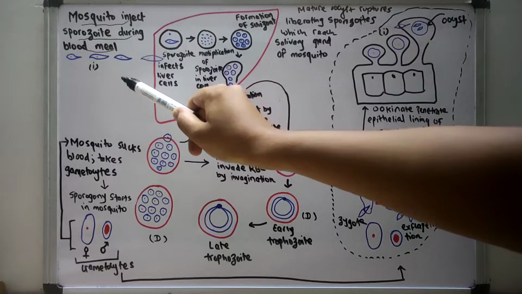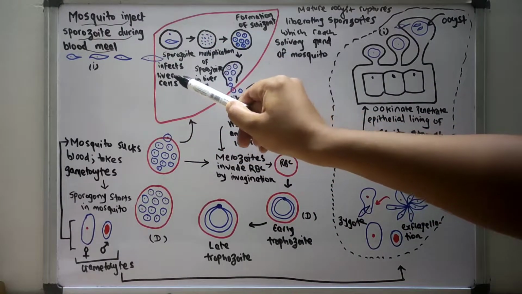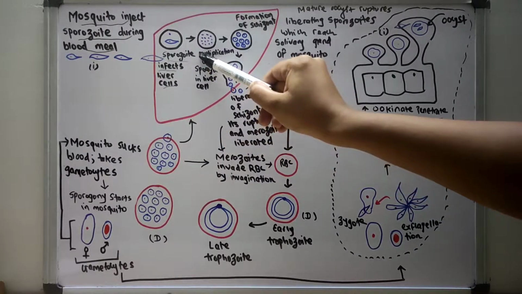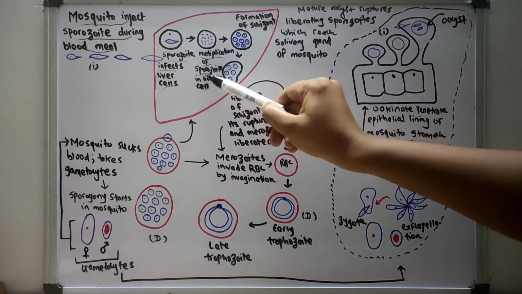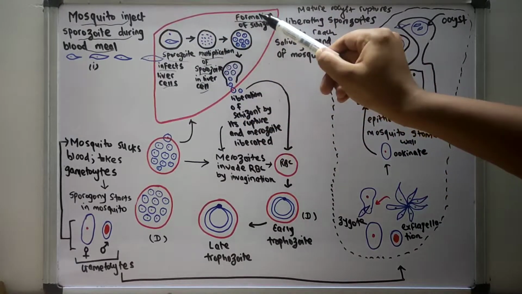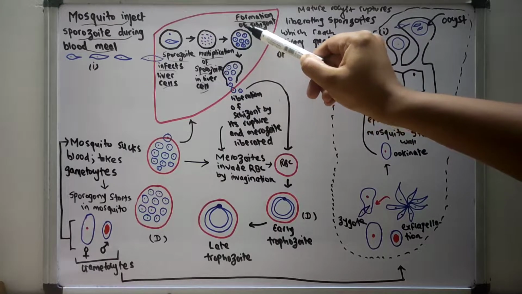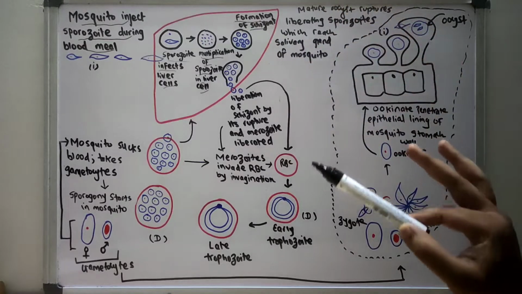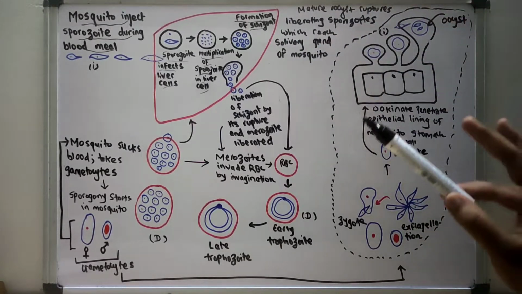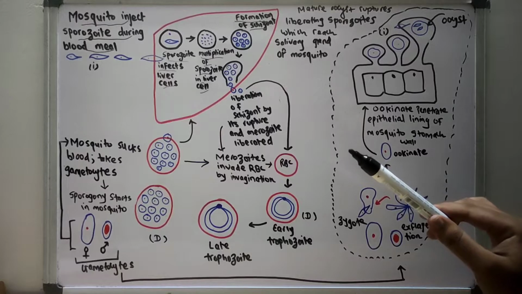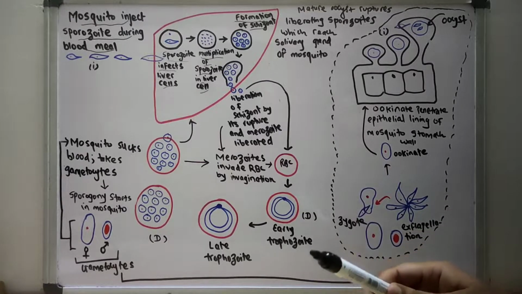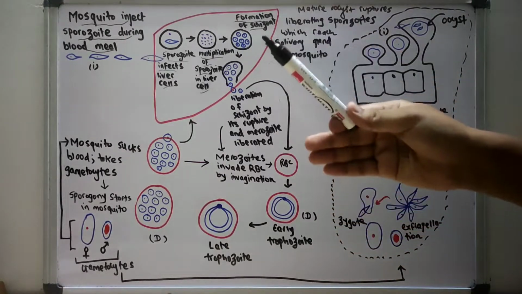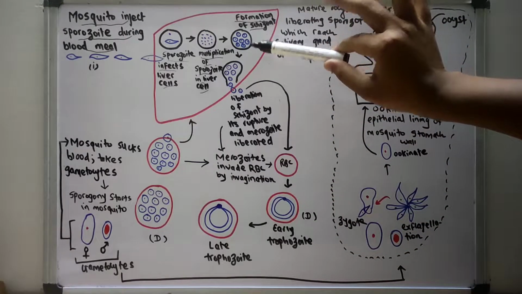So this sporozoite infects the liver cells. You can see the sporozoite infects the liver cells, and there is multiplication in the liver cell, and there is the formation of the schizonts. You can see the many small rounded oval shaped structures; that is the formation of the schizonts. So what happens is that there is rapid multiplication of the sporozoites in the liver, and there is formation of the many schizonts, and after that there is